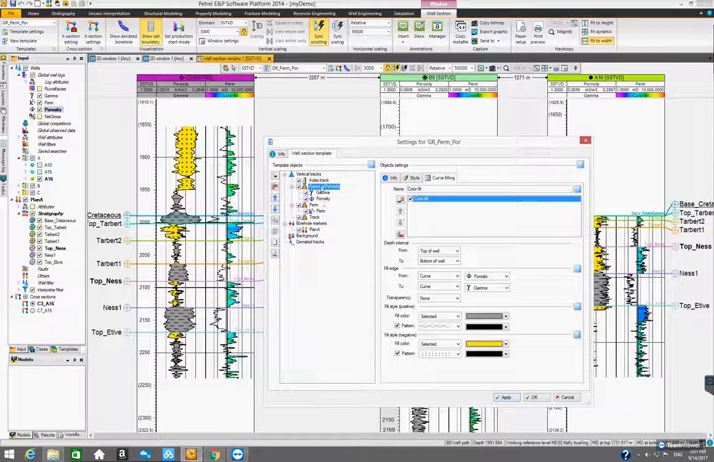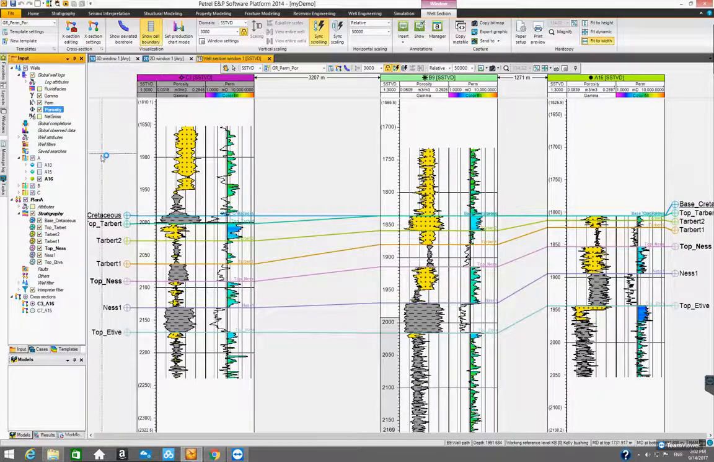So by just dragging one curve into a track, you can put multiple curves together, right? But another way of doing that is when you try to add the log curves to the well section window. If you right click on porosity, click on add to global template,